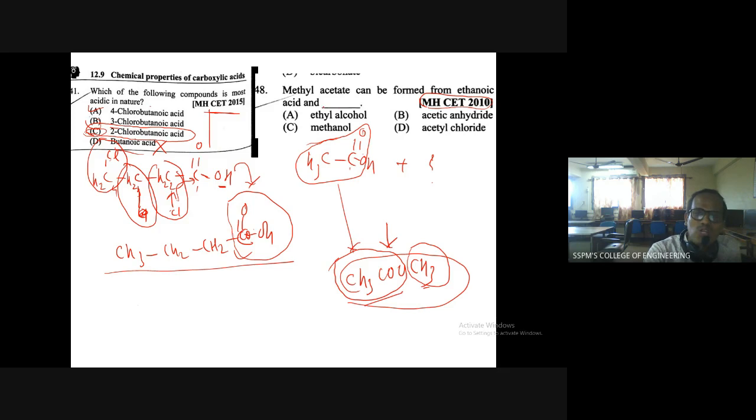Ethyl alcohol? No, it will give ethyl group, so this is not the answer. Acetic anhydride? No, it will give CH3CO group. Acetyl chloride, again CH3CO group. Methanol is the answer because methanol is